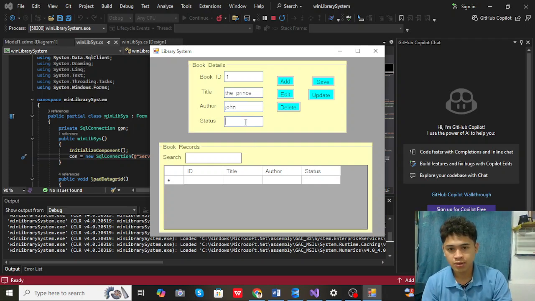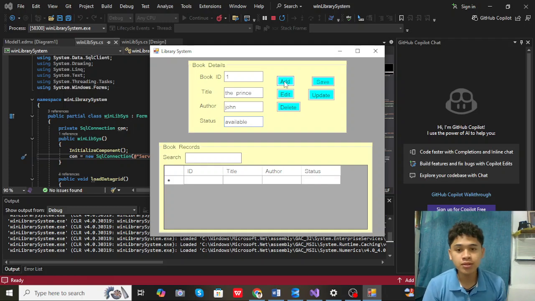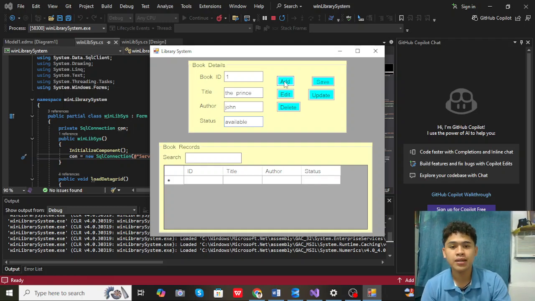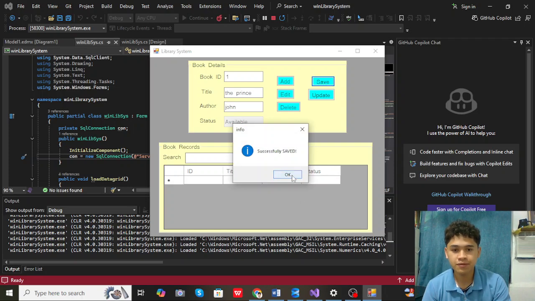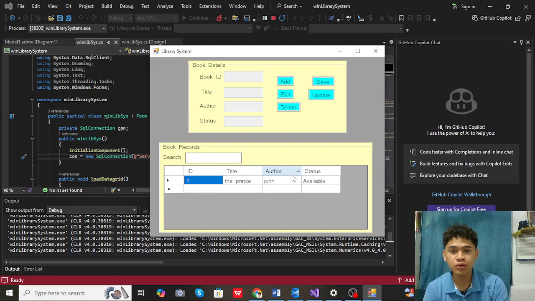And let's try to input the status, which is available, and click the add button if we want to add a book to the book records. So click and save. Yes, as you can see there, there's already the information that I've input on the book details.